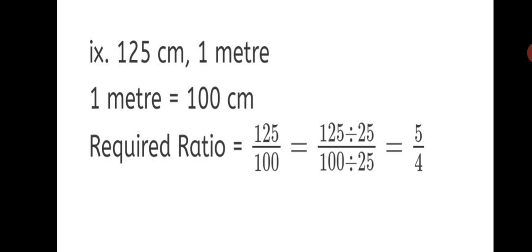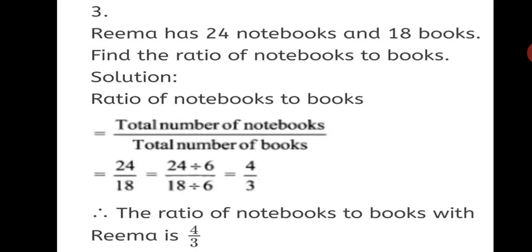Now moving on to question number 3. Rima has 24 notebooks and 18 books. Find the ratio of notebooks to books. So read the question properly. We have to find the ratio of notebooks to books. So notebooks we will take first and then we will take the books. So ratio of notebooks to books is equal to total number of notebooks upon total number of books